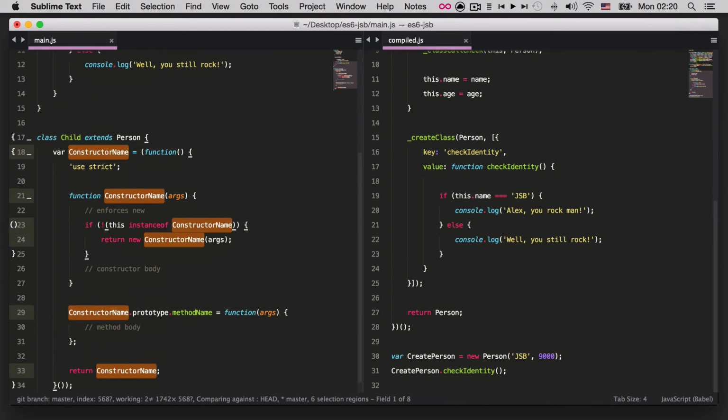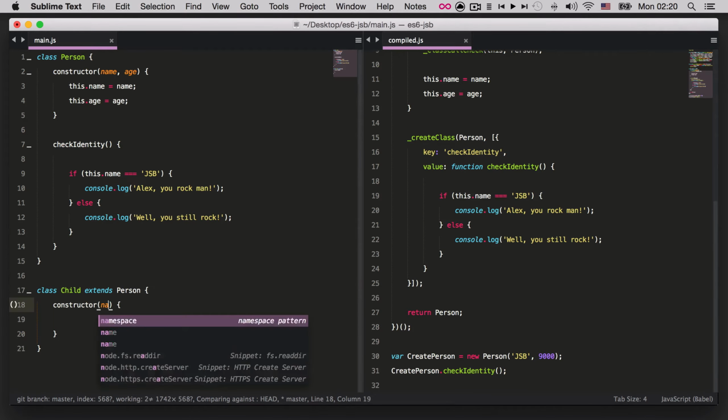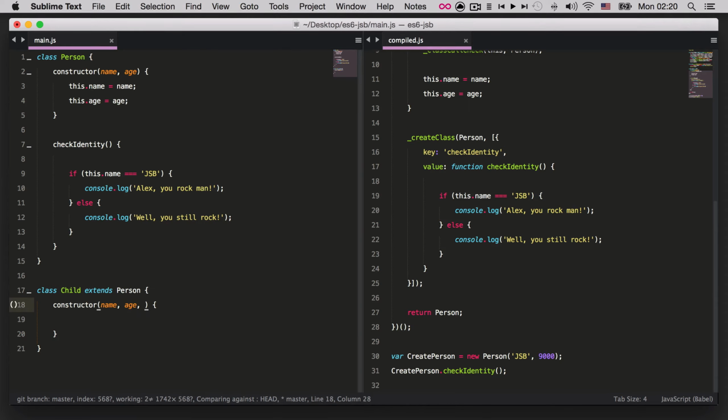So the way we do it is similar. We say constructor. And here in the constructor itself, we can pass values from our parent class. So we can say name, age, and we can pass as many other values as we want. Let's say school and